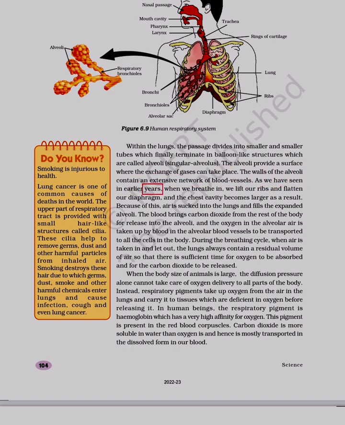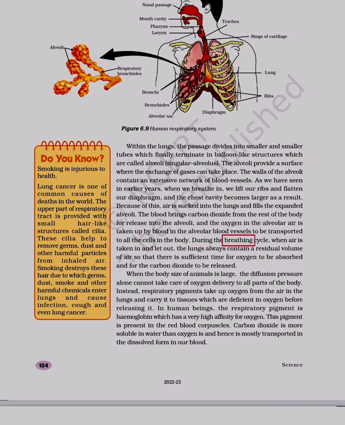As we have seen in earlier years, when we breathe in, we lift our ribs and flatten our diaphragm, and the chest cavity becomes larger as a result. Because of this, air is sucked into the lungs and fills the expanded alveoli. The blood brings carbon dioxide from the rest of the body for release into the alveoli, and the oxygen in the alveolar air is taken up by blood in the alveolar blood vessels to be transported to all the cells